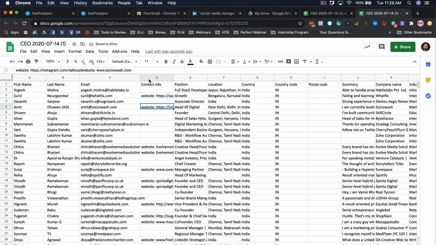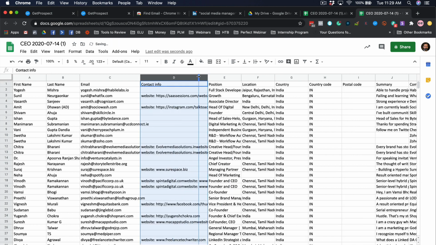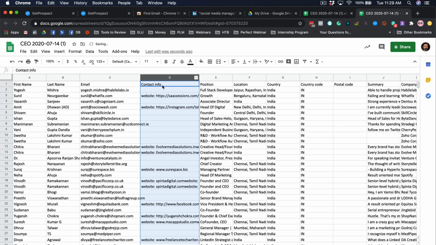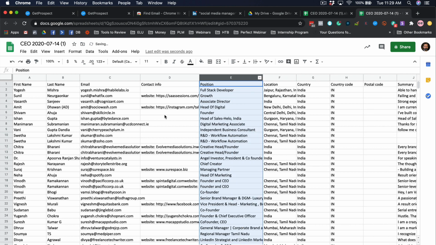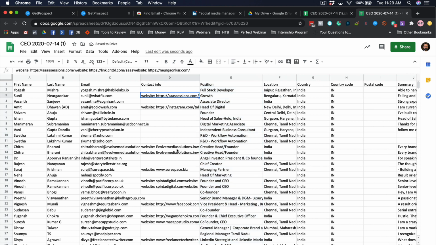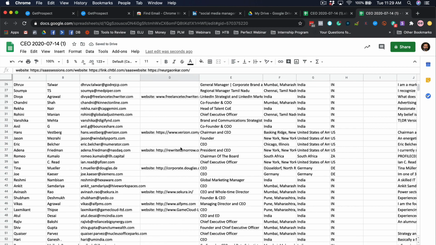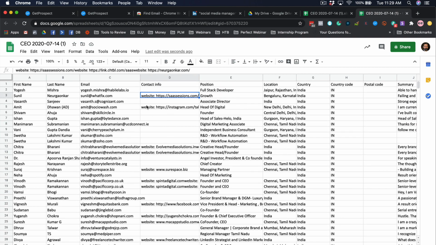And this is the contact info. So you have their website. So if you are reaching out to them, you can put their website also there. So this is contact info, and then you have the position, which is full stack developer. And if I'm sending out a mail to them, and if I don't want the website thing involved there,